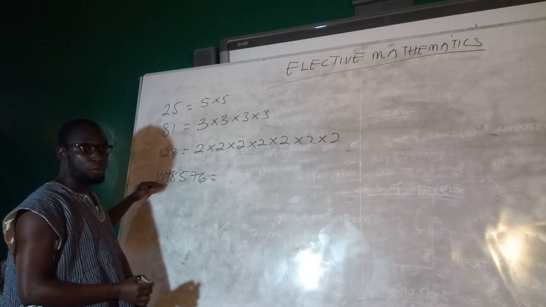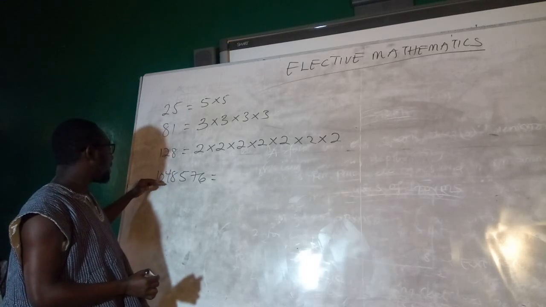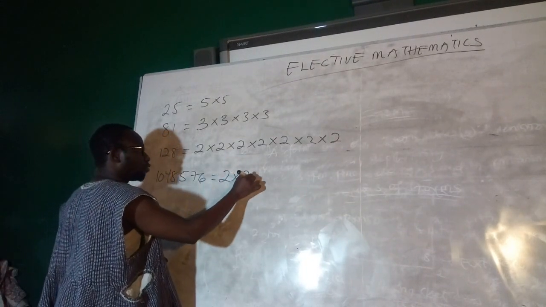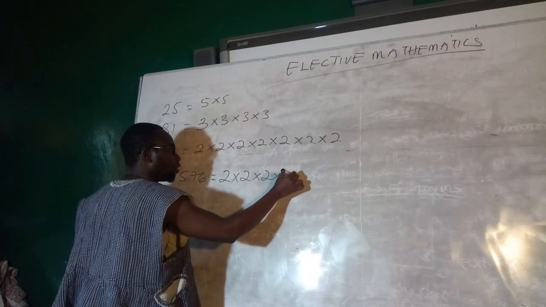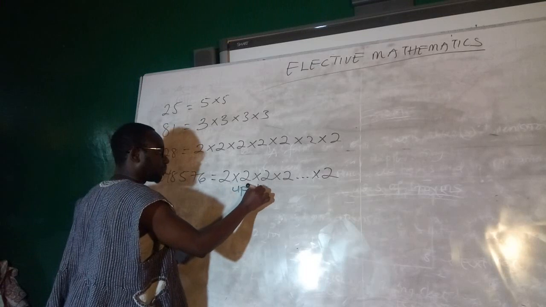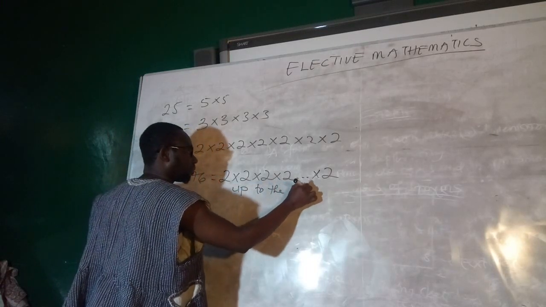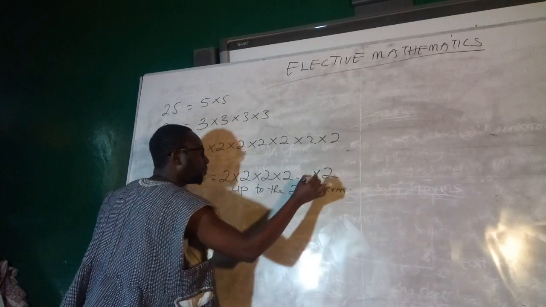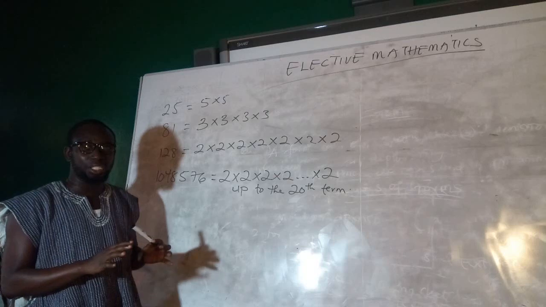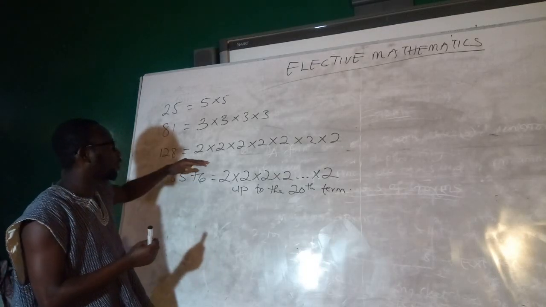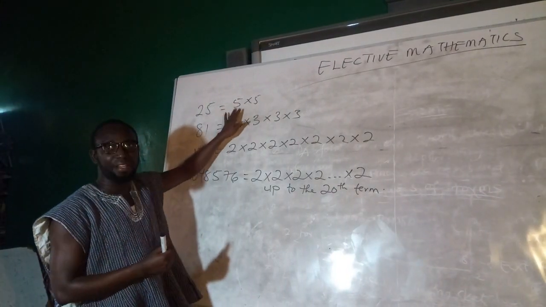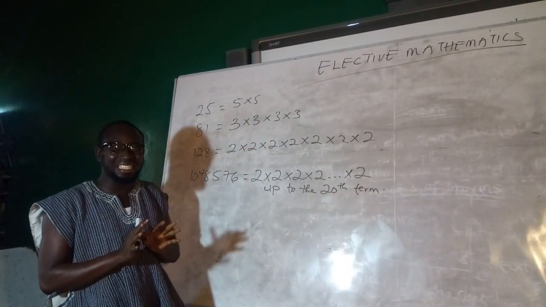Now this number, 1,048,576, is also written as 2 times 2 times 2 times 2 up to the 20th time. Now, to save time and space, mathematicians have developed a shorthand for writing such repeated products. So, for example, instead of writing 25 as 5 times 5, we can choose to write it simply as, now